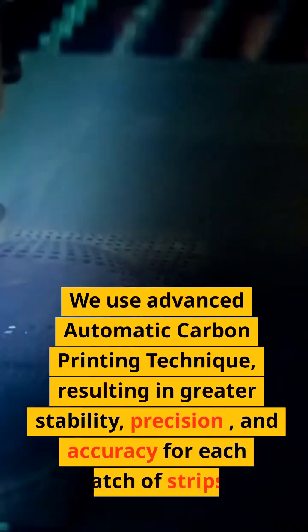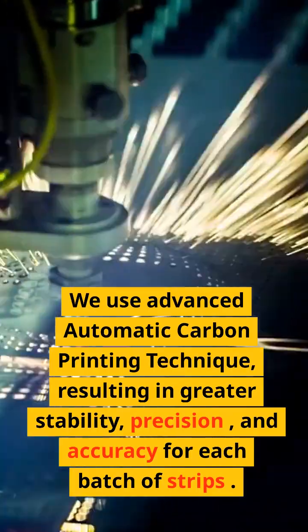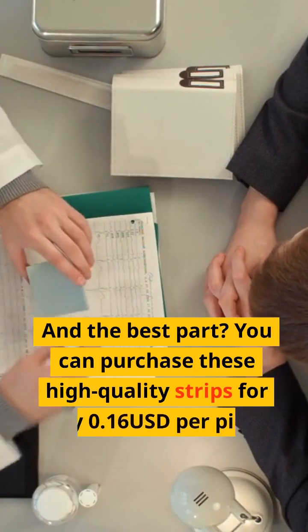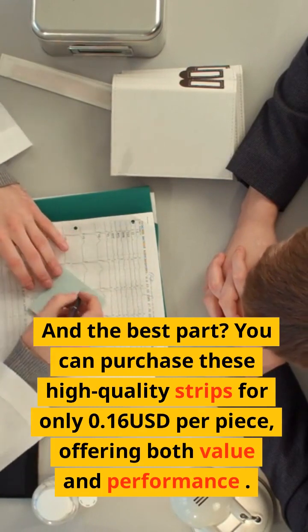One of the highlights of our kit is the cutting-edge test strips. We use advanced automatic carbon printing technique, resulting in greater stability, precision, and accuracy for each batch of strips. And the best part? You can purchase these high-quality strips for only 16 United States cents per piece, offering both